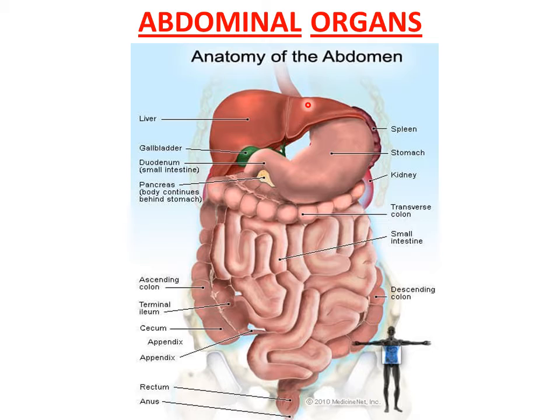Now see, this is liver, the largest gland in our body which secretes bile, right? And this is gallbladder. Now this small portion of an organ is seen over here. This is pancreas, which is basically present behind the stomach. And this is kidney. A small portion is visible over here. And this is the topic of the day, spleen. This organ is known as spleen, right?